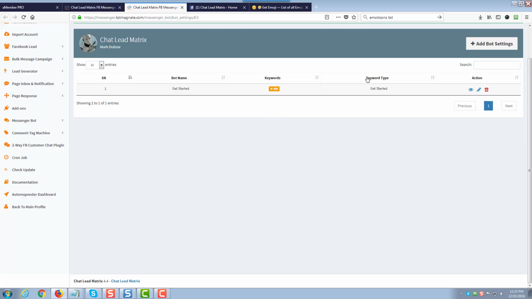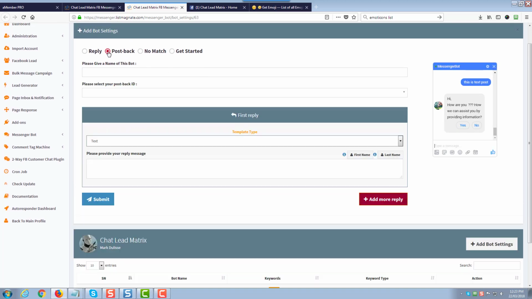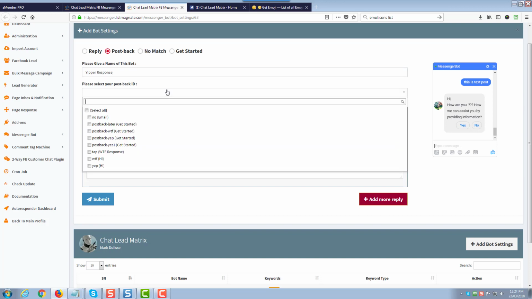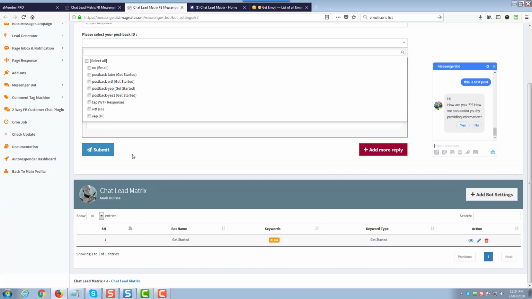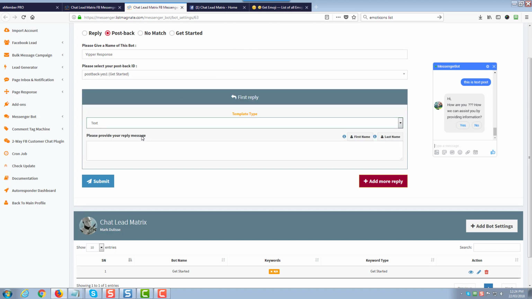So you come back to your sequence and add another bot, and now I click on post back. Okay, and I can give this a yipper response. I don't know if that's a word. So now I need to look for the ID. So it says, let's see, where is it here? Yes 1. That's what I did. Okay, I called it yes 1. So that's going to be the yes 1, and my response is going to be